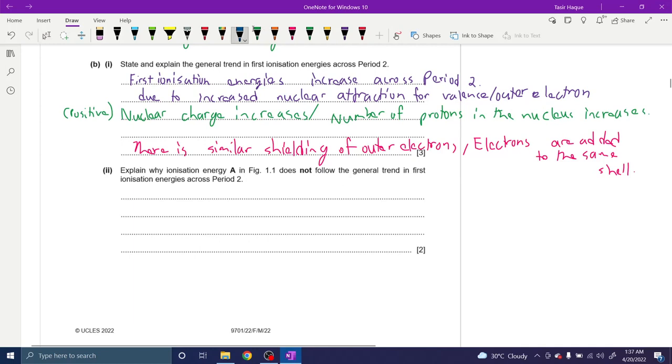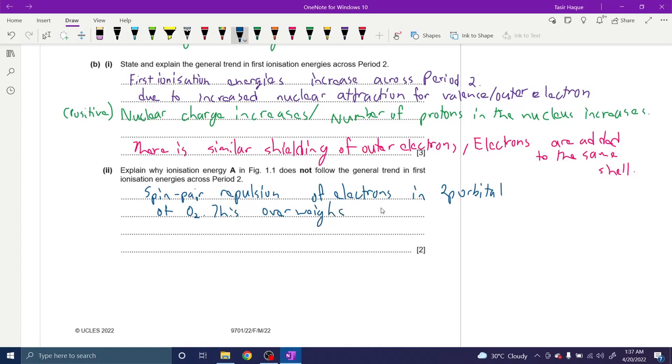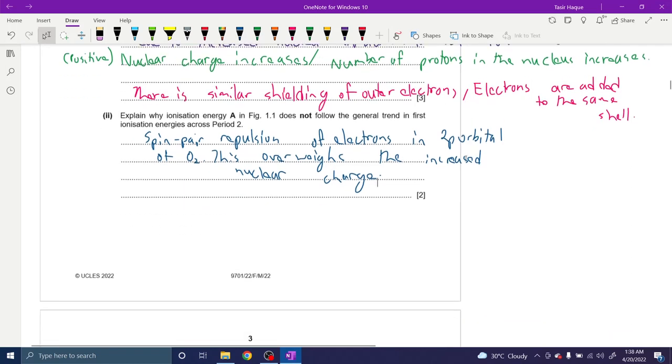This wasn't there before. So we need to say that there is spin pair repulsion of electrons in the 2p orbital. You could just say p orbital, 2p orbital of oxygen, right? This outweighs the increased nuclear charge, right? Ionization energy was supposed to increase, but the spin pair repulsion actually outweighs that factor. Okay,